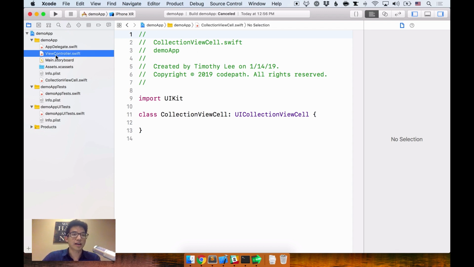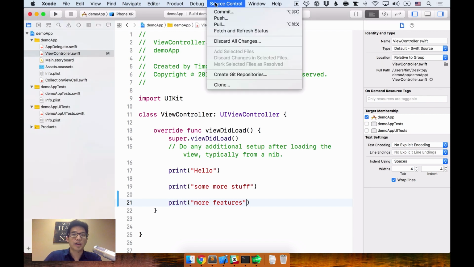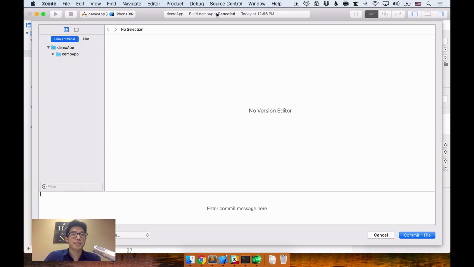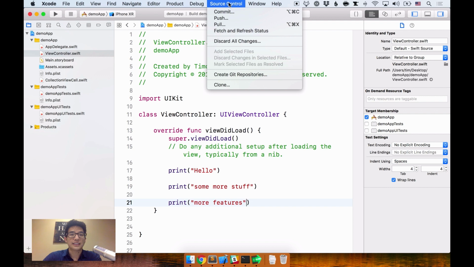And so in here, I'm just moving along and adding more features, right? I'm just coding it up and I'm happy with that code. I'm saying, hey, let me commit this now. So more sweet features, and I commit this. So this is now snapshotted locally. And remember, I have not pulled in those changes yet. So let's say that you're happy with the commit and you say, hey, okay, great, let me push this up